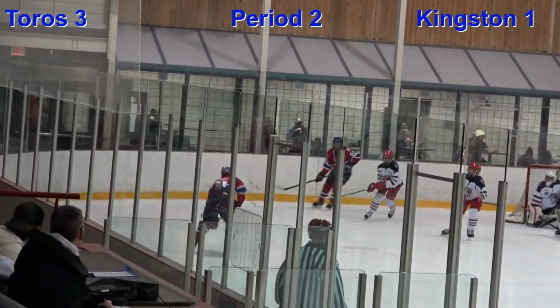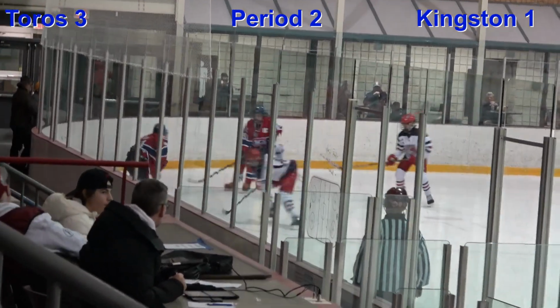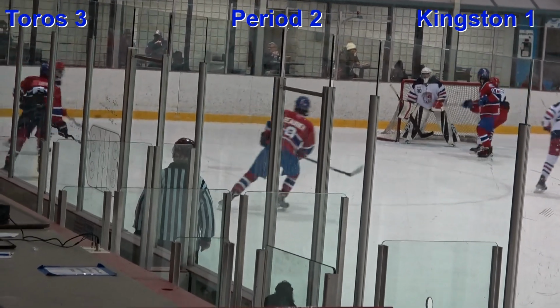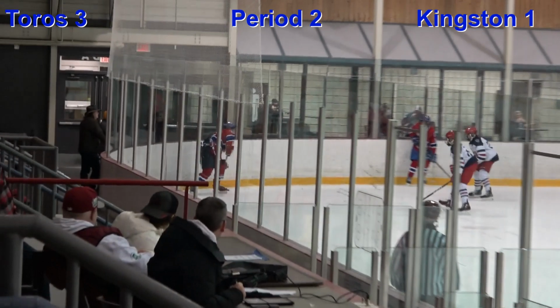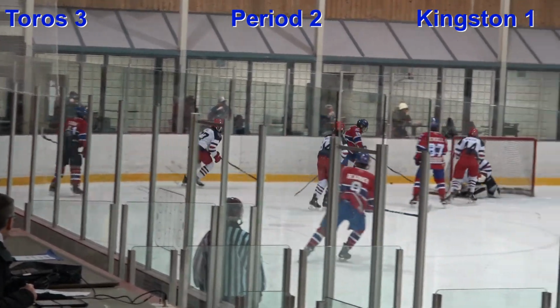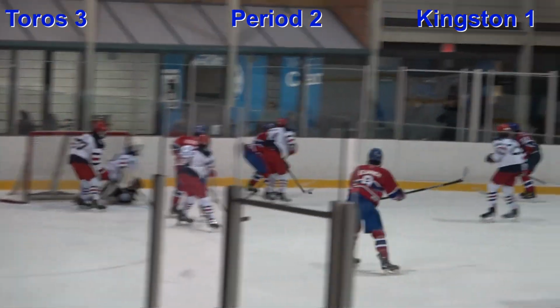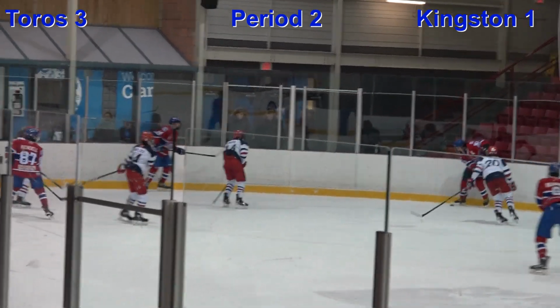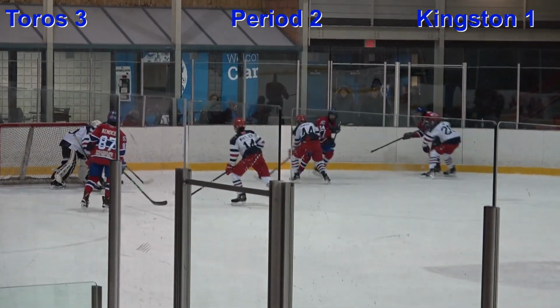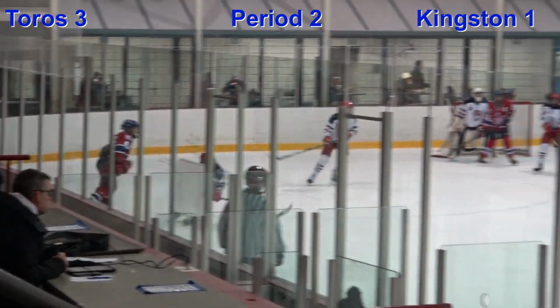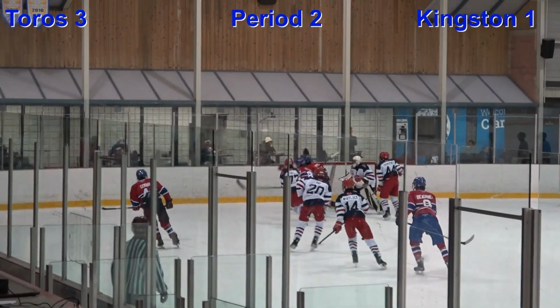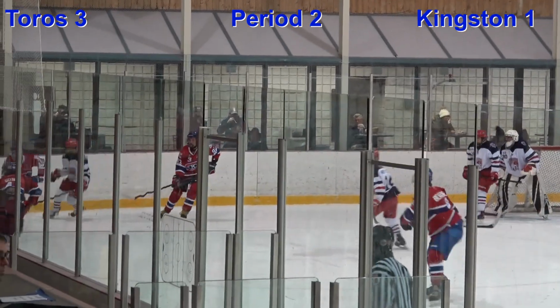Trying to set it up. He'll find him. Looking to take the shot, but can't shoot it. Right back into the corner now. In behind the net, they try and set it up. It's from behind the goal. They try and go from that left side right through the crease area. Getting knocked down here and back here to the blue line. A shot that gets tipped and wide of the goal.